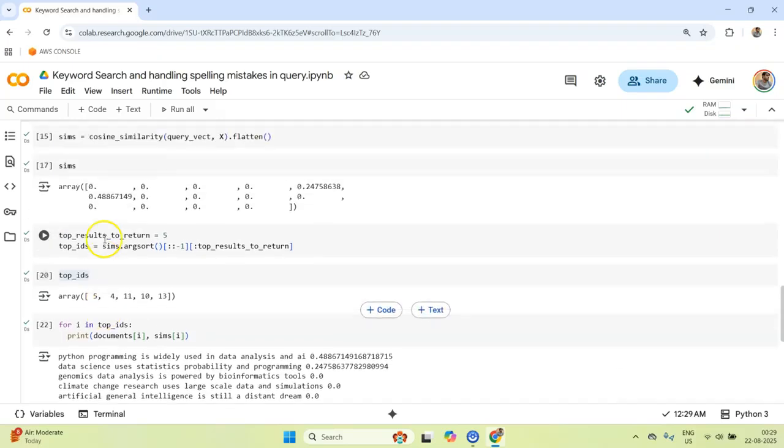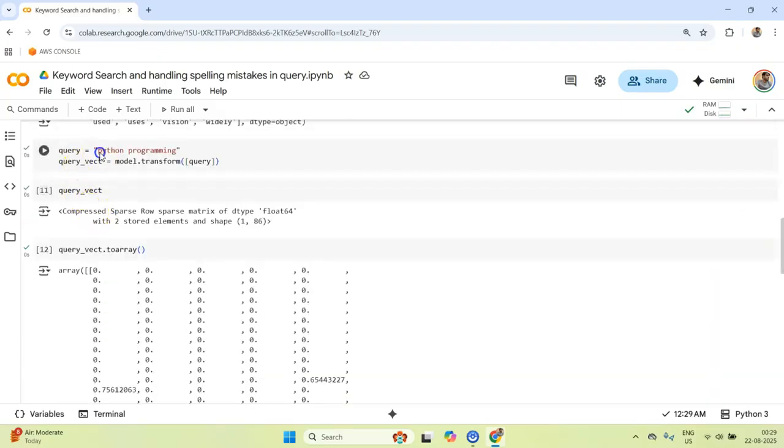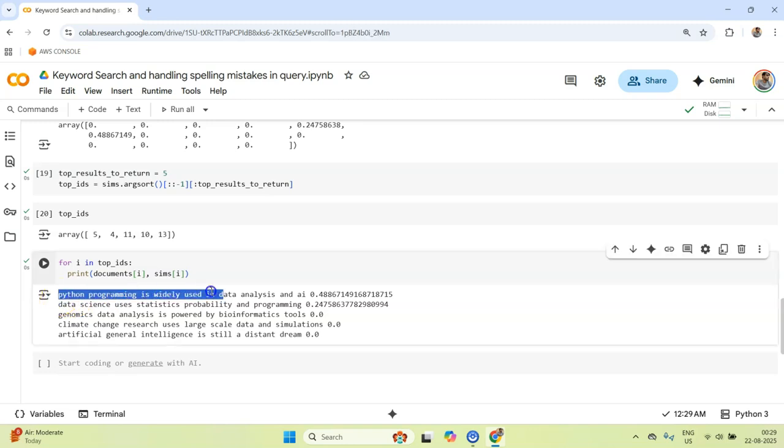So now we can see for the query "Python programming", we are getting the first result as "Python programming is widely used", and then the second result also. Why? Because programming is there. You see, programming. And in the third document, since these results are coming from mathematical models, they are trying to return something, but it does not make sense, because in keyword search you match exactly, you don't match the semantics of the words or sentences. So you match the first one exactly and match the second one. Now here is where the catch will happen.